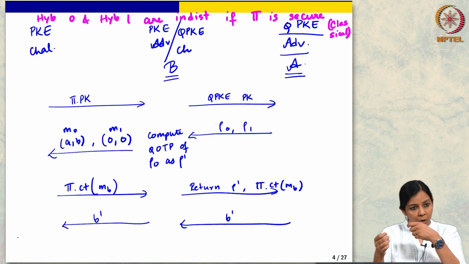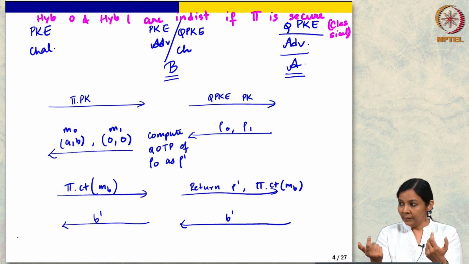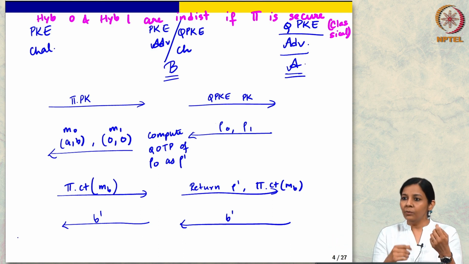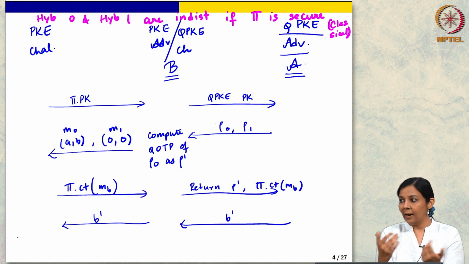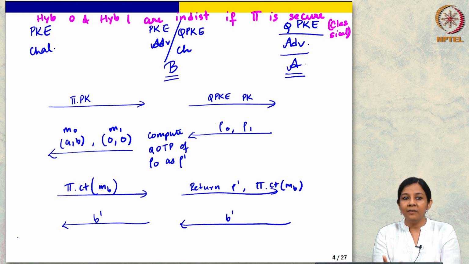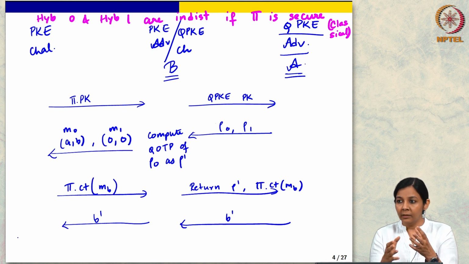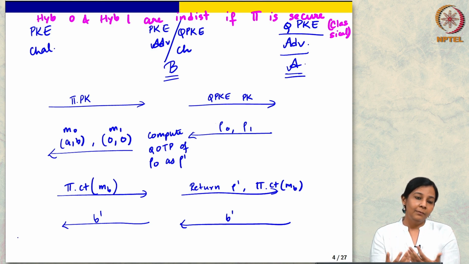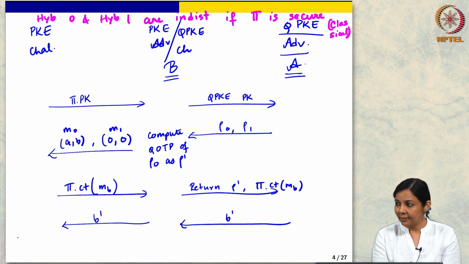Now, once I broke this dependence between the OTP part and the PKE part, right, after that I can play with the OTP part. Previously I could not, because this correlation was there and I was not going to be able to make any argument about the distribution. Like on what basis can I say that these two hybrids are indistinguishable, right? But once having broken the connection between the OTP part and the PKE part, now I can in fact leverage the security of OTP and switch that around.